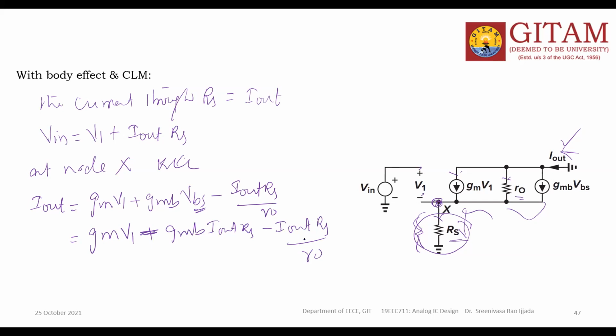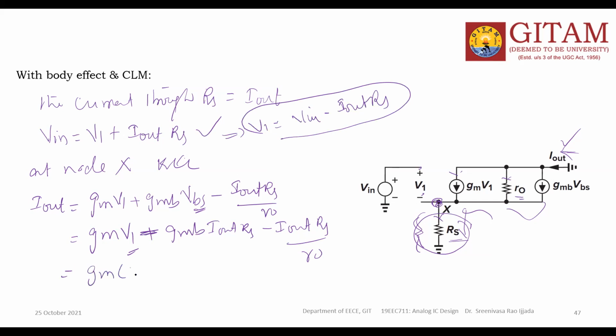Okay. So here, what is the Vin? Vin is nothing but V1. So from this equation, V1 is equal to Vin minus Iout into Rs. You can substitute this in place of V1. Then that is equal to, you can write gm